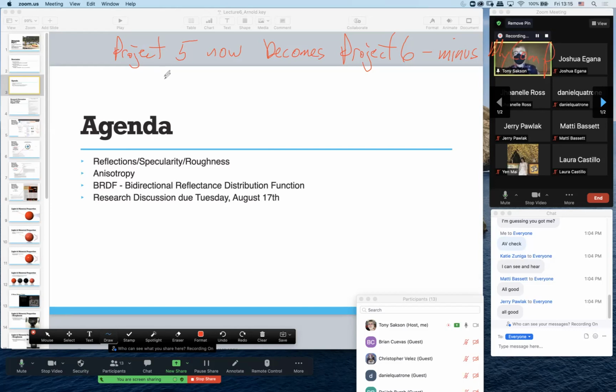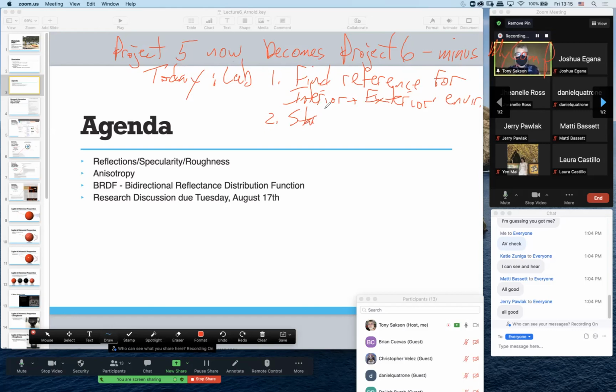Today, like I said, your job in lab, find reference for interior and exterior environments. Okay, start assigning the AI standard surface. I'm just going to call it that. Start assigning a AI standard surface